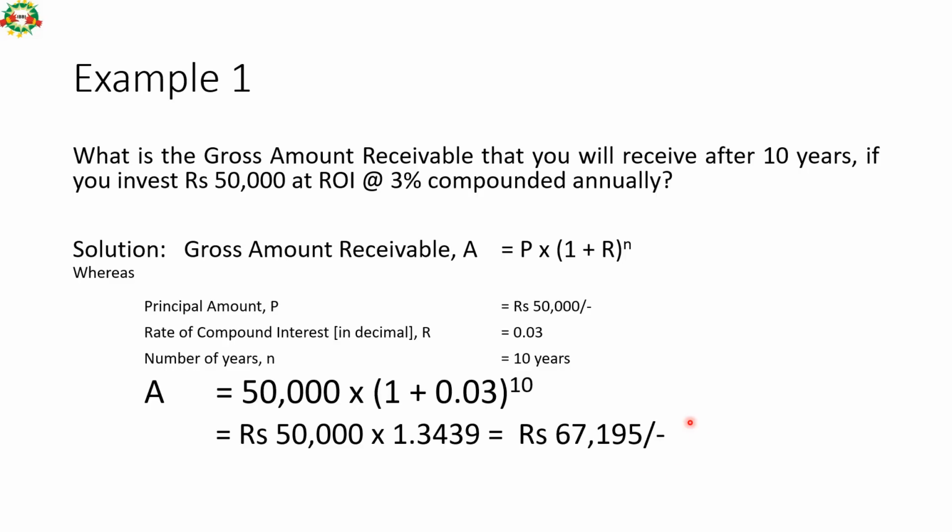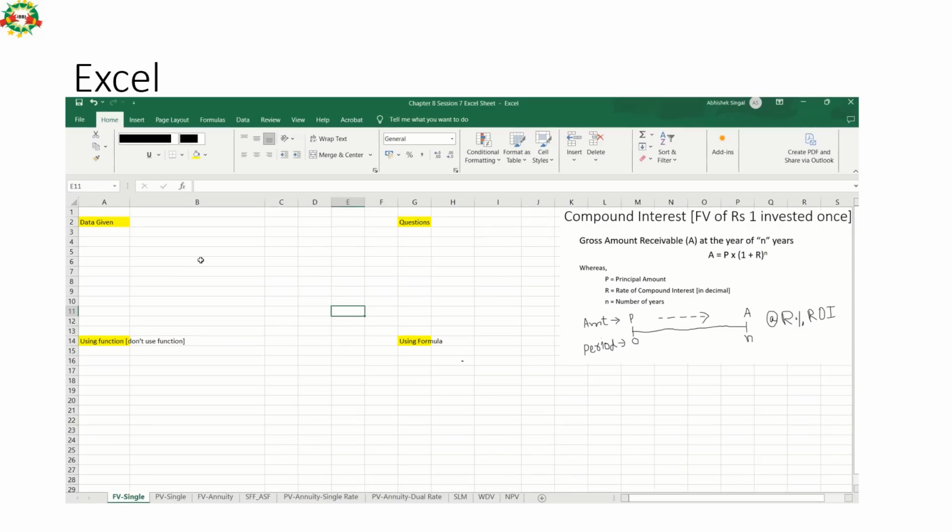67,195. Now let us understand the same formula with the help of Excel sheet. So let us try to solve this example with the help of Excel sheet. As I always tell, whenever you open your Excel sheet, you should make your format like this. On the top left corner, you should write data given, and then here you should write whatever questions you have. The examiner is asking what questions from your side,